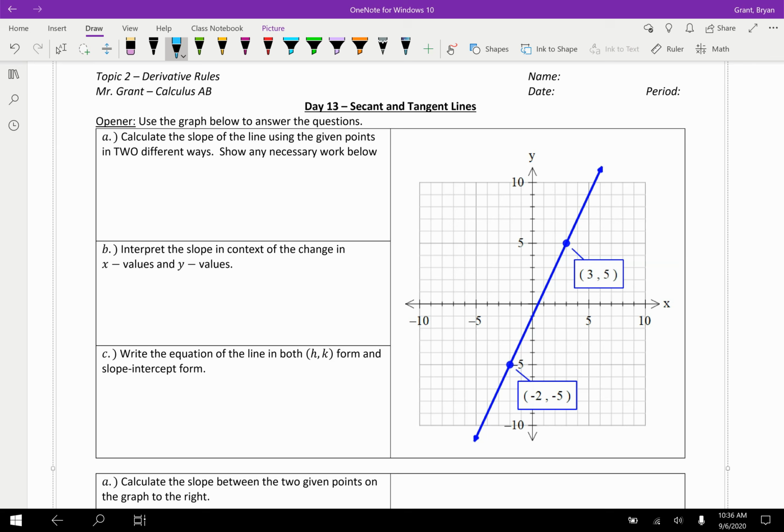However, you'll note that on your independent practice, you will have some sort of limit problem probably every day, because we've got to keep all that fresh. We don't want to lose it by the end of the year. The second part of AP Calculus is derivatives, and we're actually going to focus on derivatives for the entire rest of this first semester. The last part that we're going to cover is integration or integrals, and we'll do that